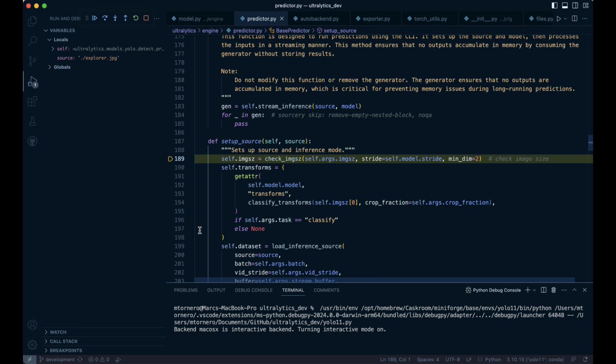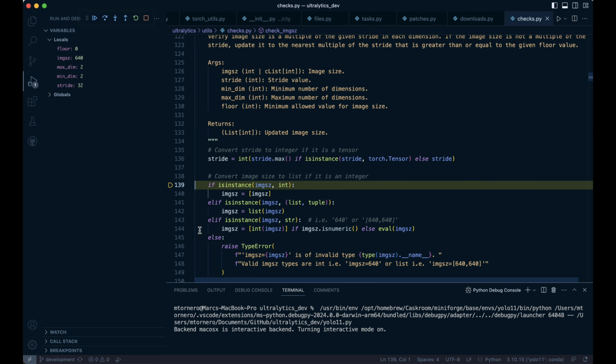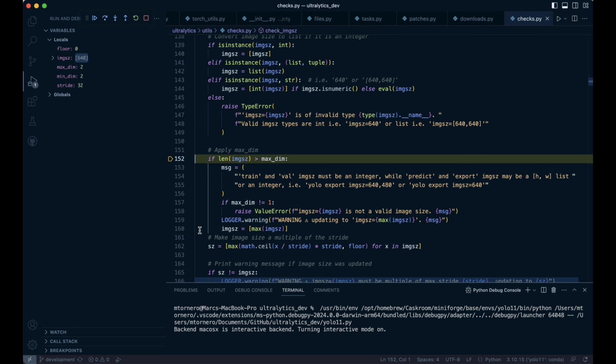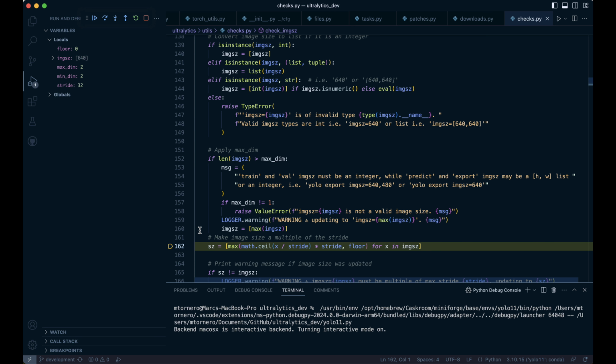It uses the check image size method with the desired image size, 640 in our case, the model stride, 32, and a minimum dimension of 2. If the image size is an integer, it converts it to a list. If the list has more than 2 elements, it raises or logs an error. The code ensures each dimension of the image size is a multiple of the stride for compatibility with the model's